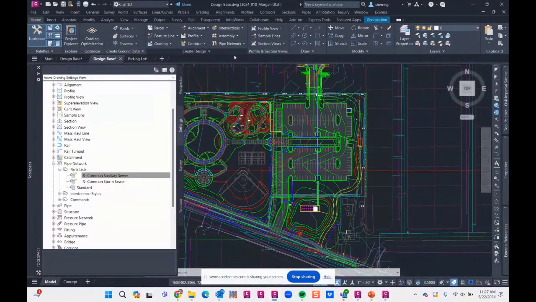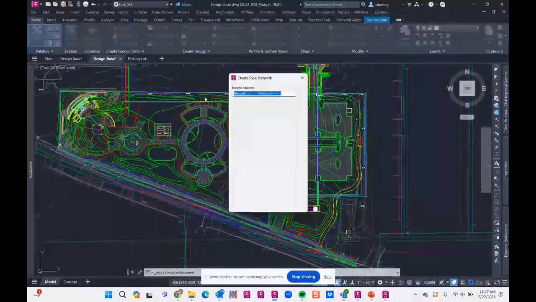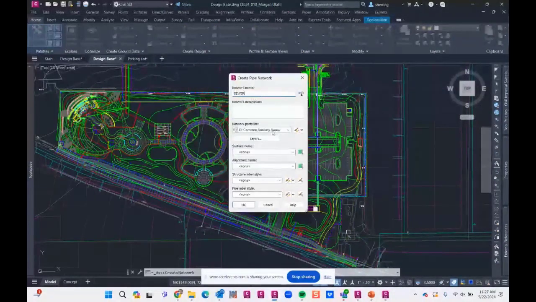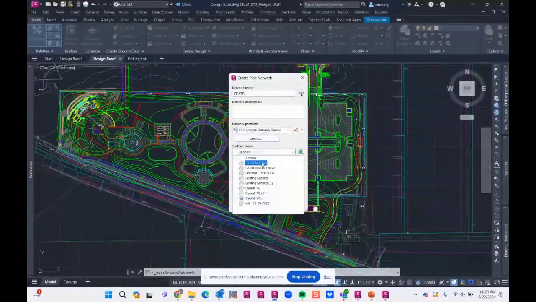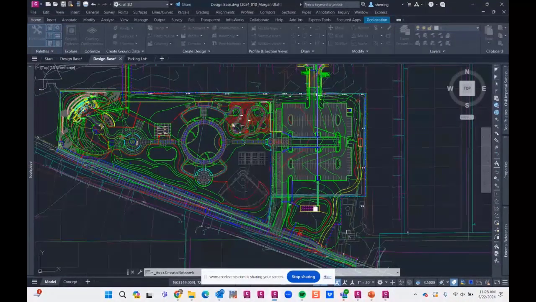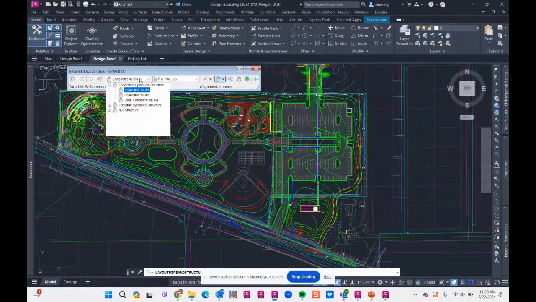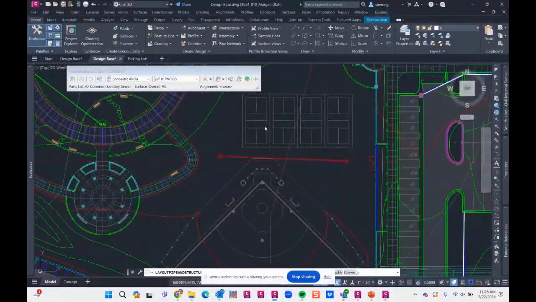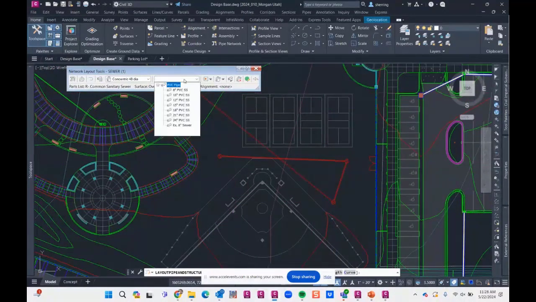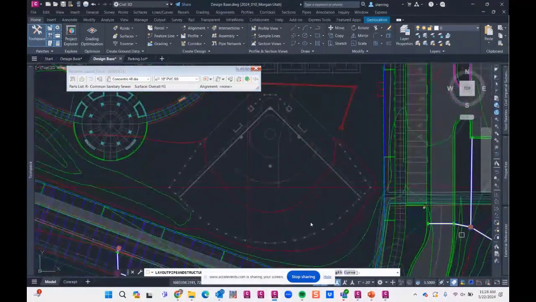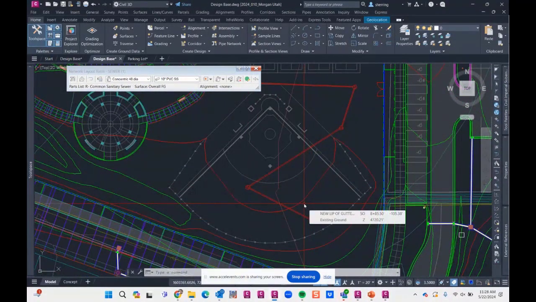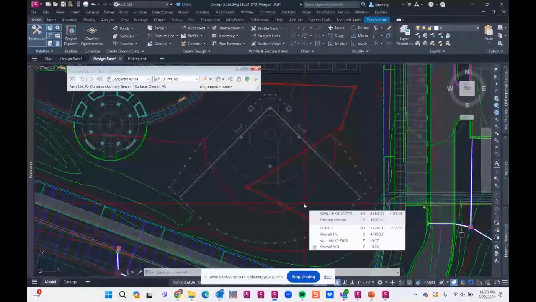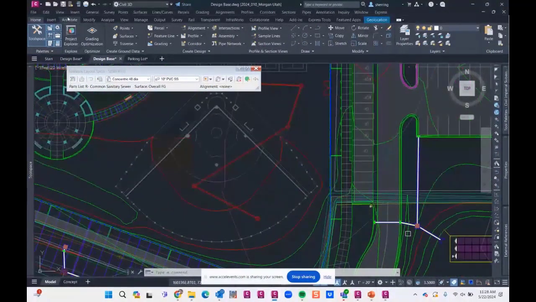Anything I draw new, so if I go in here to do a new pipe network, let's just do that sewer using that parts list. Sure, we'll set the finished ground. Manhole, 8-inch sewer. I'm just going to sketch something in here real quick and ugly. Let's go to my 10-inch sewer. There. Anything I create new, which is why it'd be good to do this in your template, anything new automatically has that assigned to it. Anything that's existing in my file,